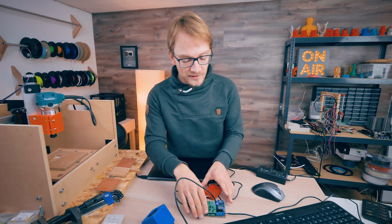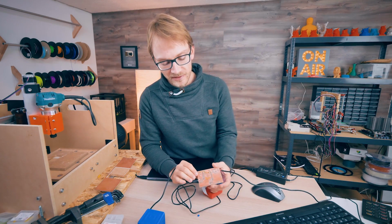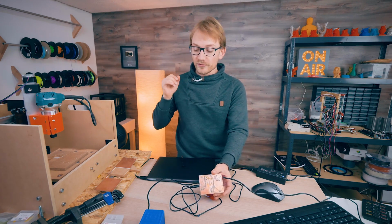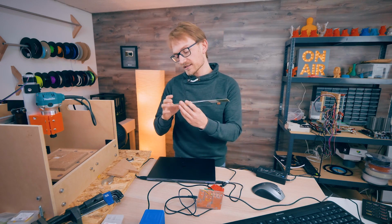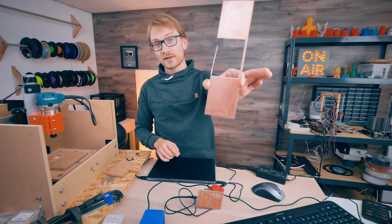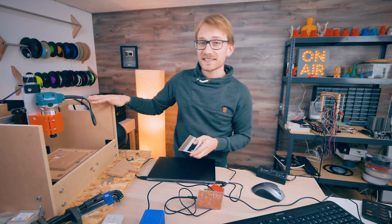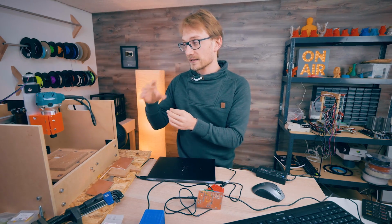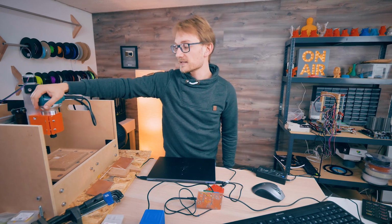Okay, so what would I do differently with routing this PCB? First off, I think the result is great. It's usable, it's functional, it does what it needs to do. So that is a full success on that front. However, for the more detailed version, which is this engraver bit version that I first tried out, this machine is just not the right tool, and that has a few reasons. I've already talked about backlash, I've already talked about runout and wobble on the bit. Those two things certainly limit what the Sienci